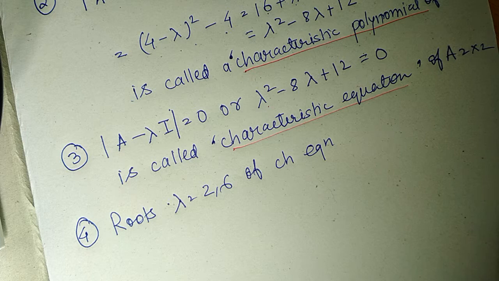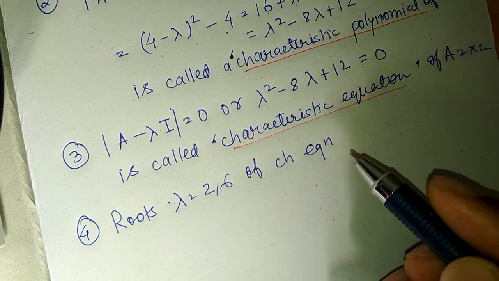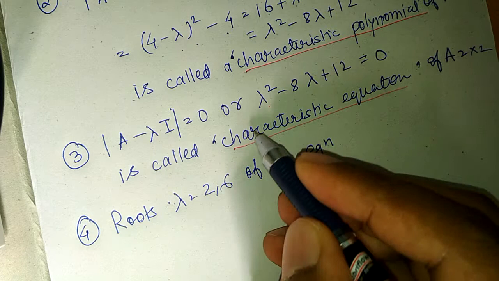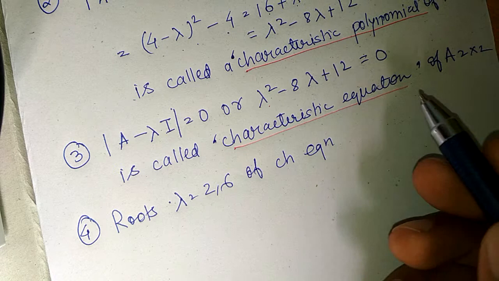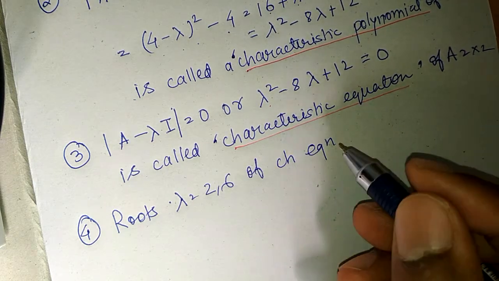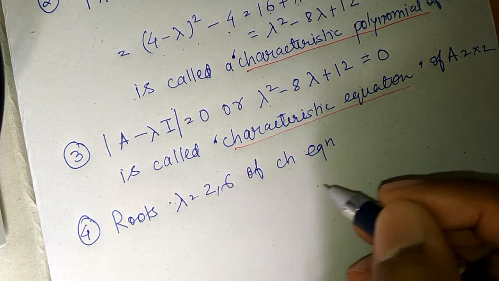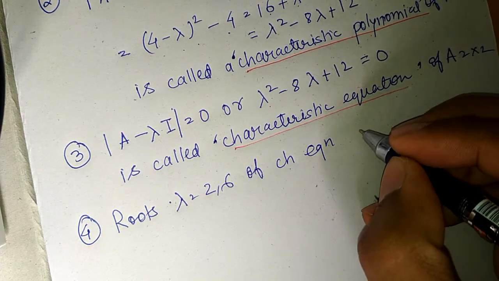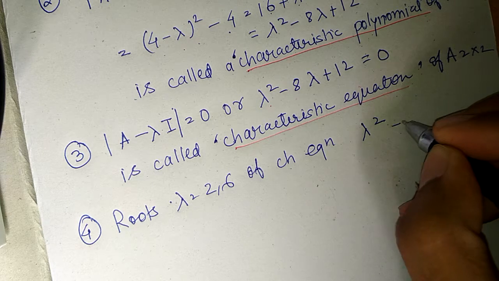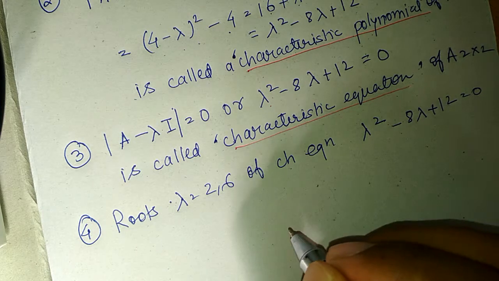Next, we come to our concept of eigenvalues. Eigenvalues are nothing but the roots of the characteristic equation. Here, as you can see, we have a characteristic equation of degree 2, which is a quadratic equation. If we take the roots, they come as 2 comma 6. So I will write it down: the roots 2 comma 6 of the characteristic equation, lambda square minus 8 lambda plus 12 equal to 0,